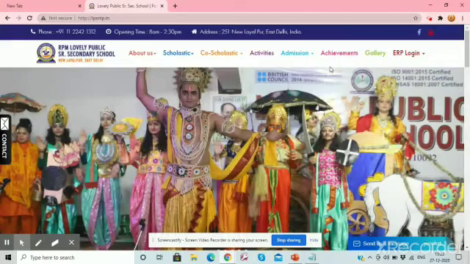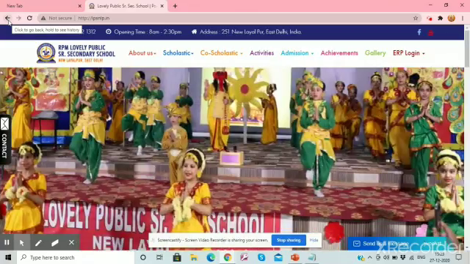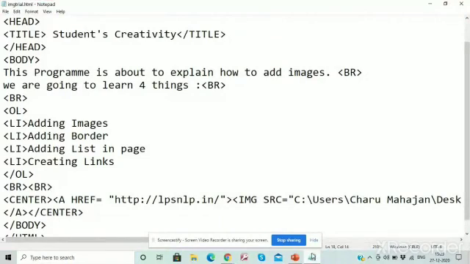So it comes to the website, as we can see. And if I use the backward command, back page, it comes back to the page. Okay. So you see, it's very easy to create a link between two pages through the image.